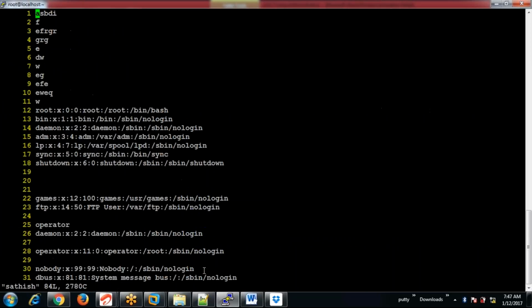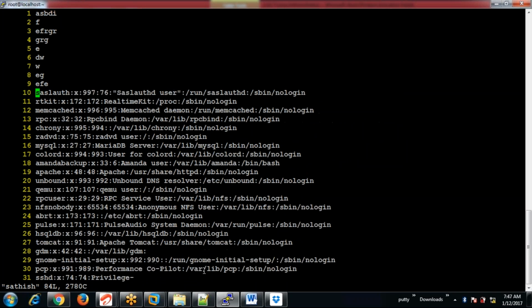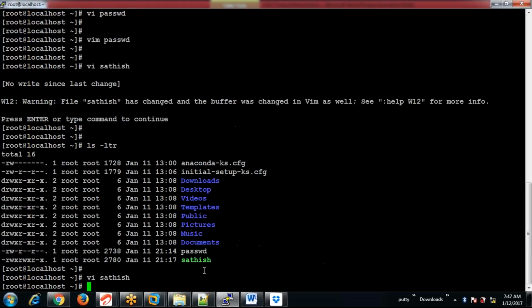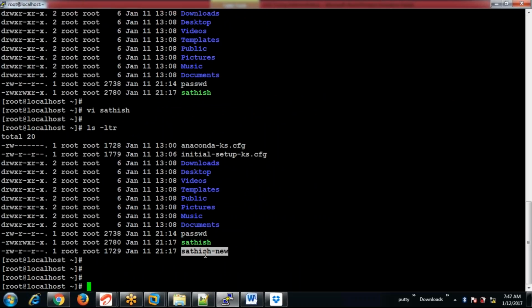So this is how we can execute the command within the VI. Now say I am doing some changes and you want to save this with a new file name. That is, you can do WQ space, so it will not affect the current file. WQ space the new file name. I am just making it Satish-new. So WQ exclamation Satish-new. See here, now the new file would have been created with the necessary changes.